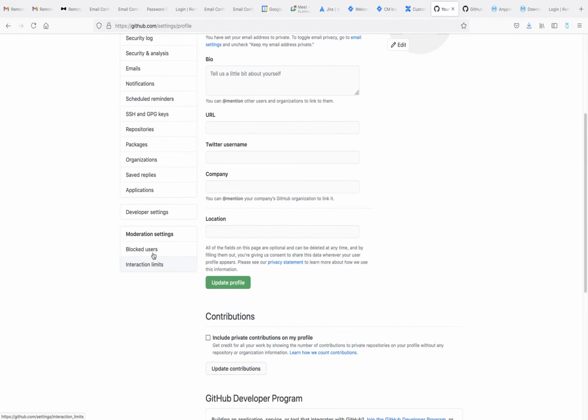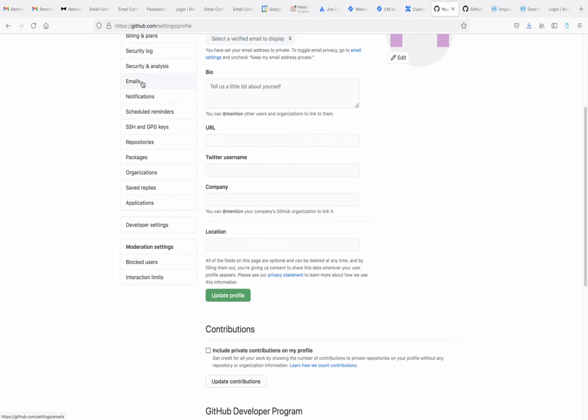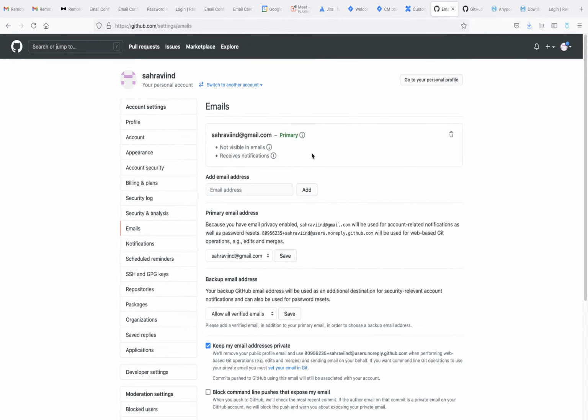Here you will be able to see email. So here you need to select both the email IDs, whatever email IDs you have, select all of them. Or if you want to switch account, here we have another option to switch account, like if you have another Gmail ID, you can log in with another email ID.